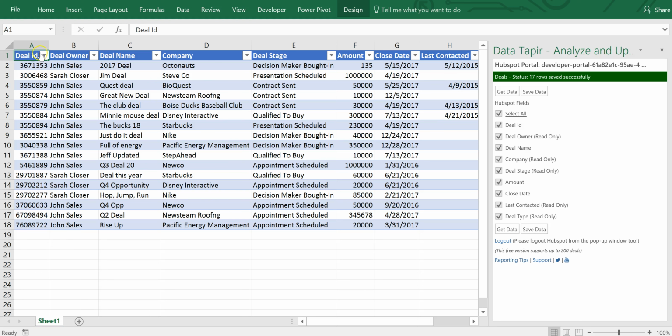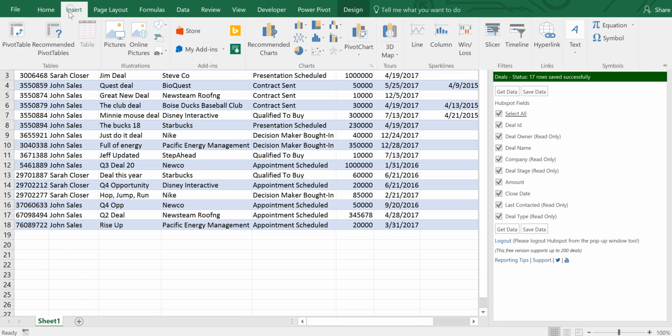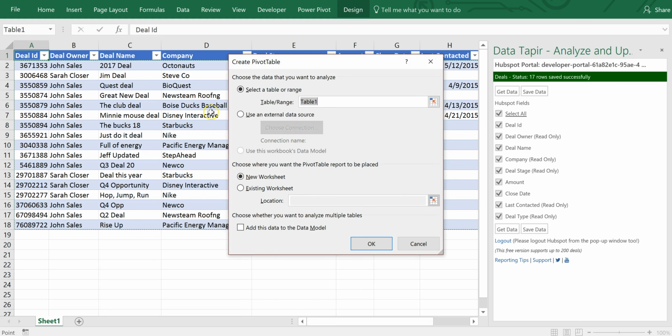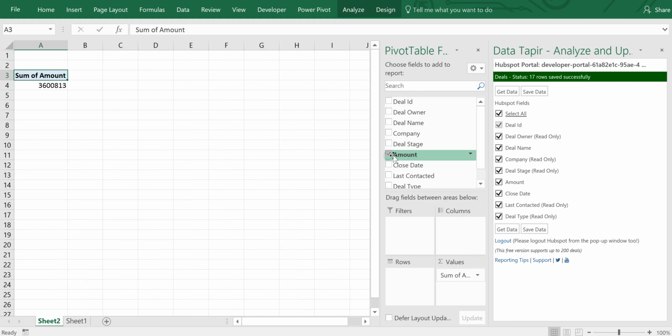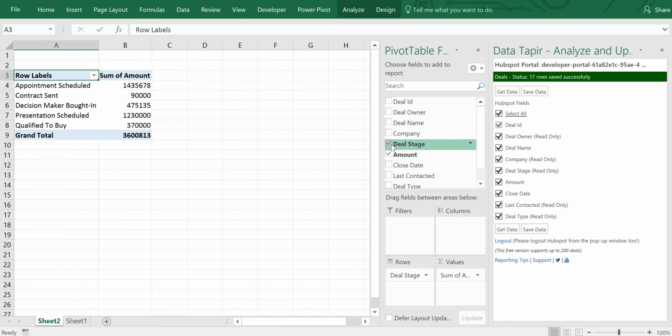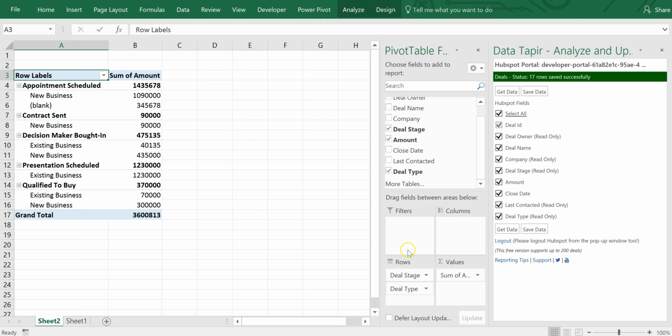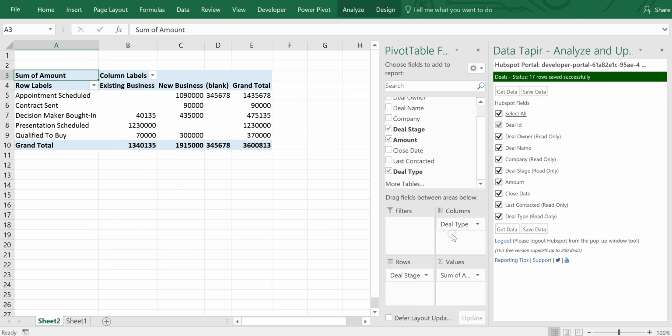If I'd like to, I can create a simple pivot table report right here that allows me to do analysis. It's using Table 1, the table that our Tapir add-in created, and I'll populate my pivot table into a new worksheet. This allows me to begin to do things like, for example, begin to really analyze the pipeline. So first I can break it out by stage. Maybe I can also examine the data by type. So I can look at my type by stage